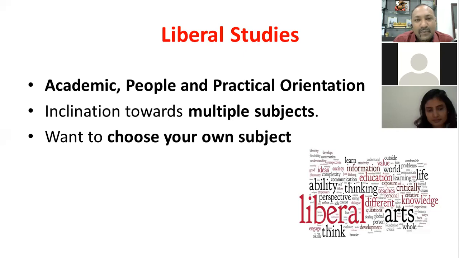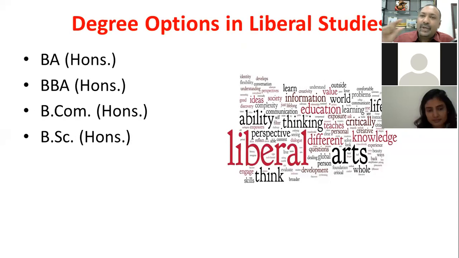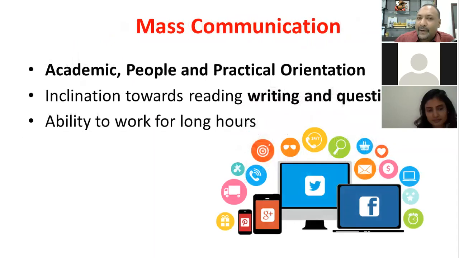So in liberal studies, for first 2 years, you study subjects related to management, commerce, humanities, maths, science, and performing arts. Then in the 3rd year, you pick up a major subject. Based on what major you pick up, if you pick up a major related to humanities, you get a BA honors degree. If you get a major related to management, you get a BBA honors. Related to commerce, you get BCom honors, and related to science, you get a BSc honors as a degree. So when you enter into a foundation year, there is no fixed degree. Your degree gets fixed in the 3rd year.